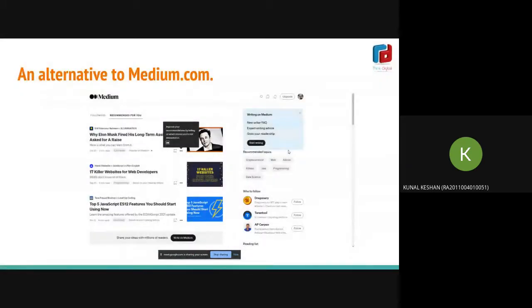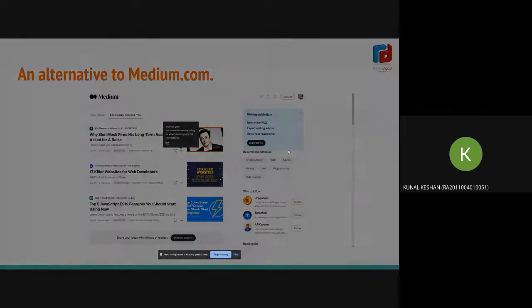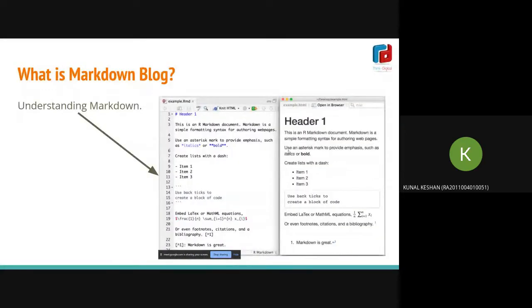You all might have heard of Medium, right? People can come, log in, and write articles. You can read other people's articles, like them, and save them for later. You can edit your articles, and delete only your own articles. What we are going to build is something like Medium, but with a slightly different format. Let's get to the core of the blog.